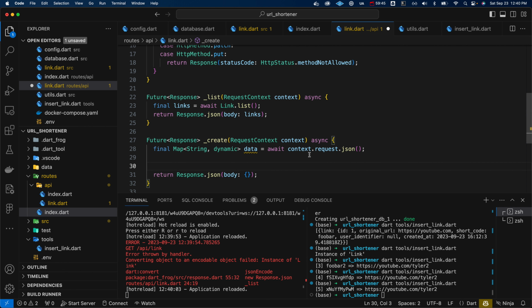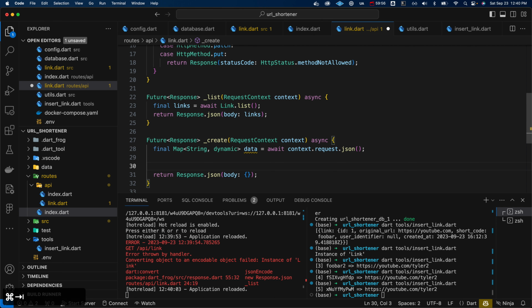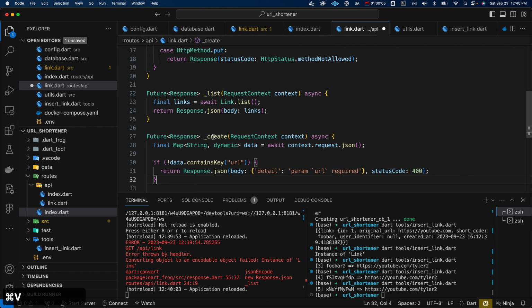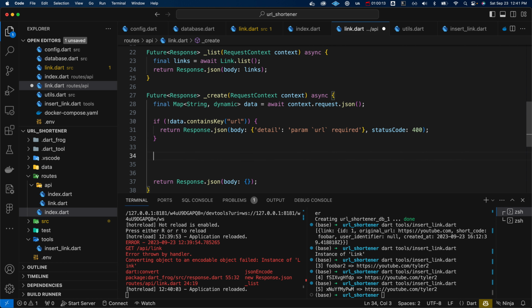So we have this data, and that's basically just to show in perspective. On our create link, we're going to allow passing in the URL that you're going to want to generate. So we need access to that. It's not part of the URL, it's part of the post data. And we also want to make sure that the user has that included. So we can just say, if we're not including that key, we want to return an error, essentially saying param URL is required, and send back a 400 status code,